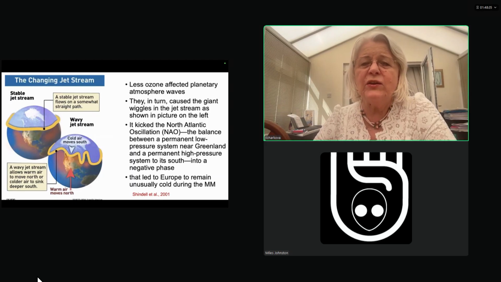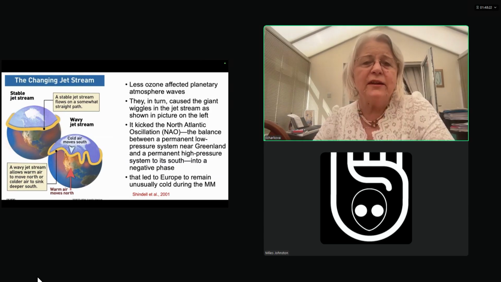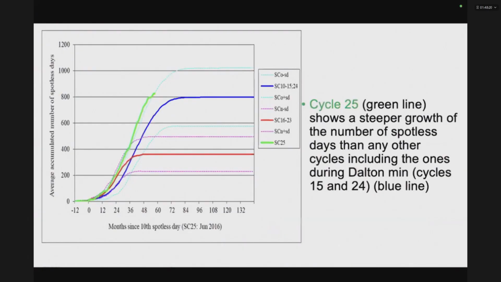Of course, they didn't know at that time about ENSO, El Nino, La Nina, and southern oscillations, which have now become the subject of huge investigation because they also contribute to it. We simply did not know at that time, in 2001, how they contribute. But returning back to our solar cycle,